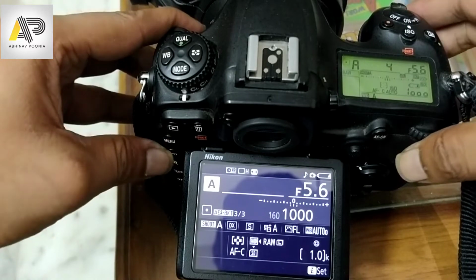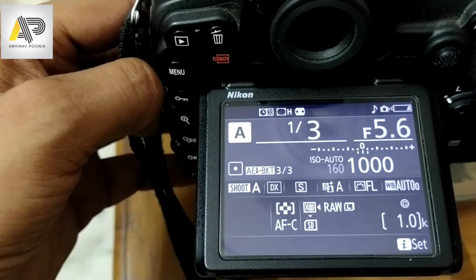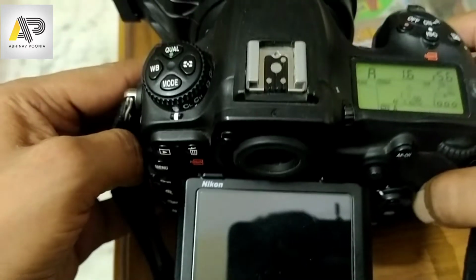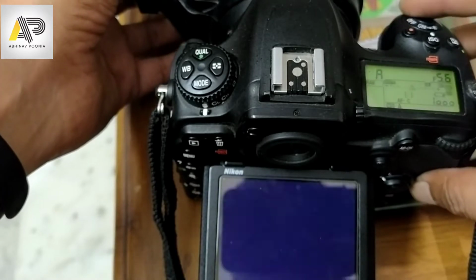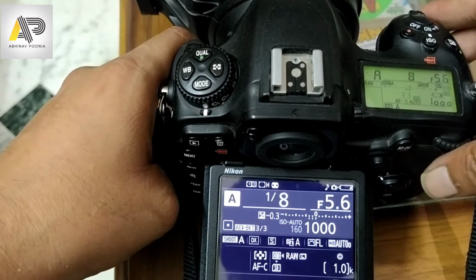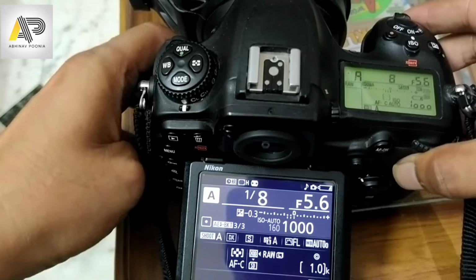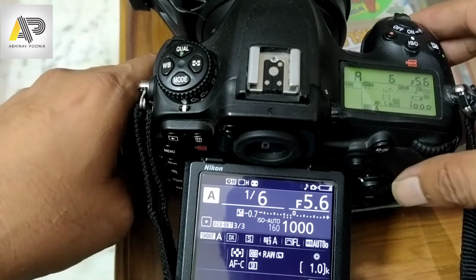Now you will see the magic. What is going to happen? Note that the AE BKT 3x3 option is active. Now see what is going to happen. I simply move the dial to the left. It is minus 0.3, and the shutter speed has increased now. See, same settings, same exposure.